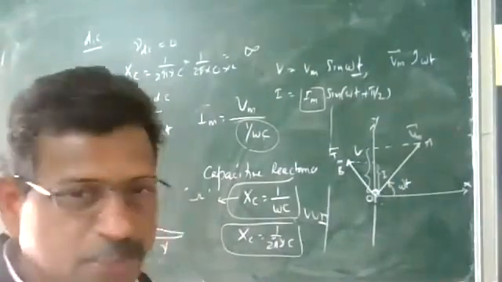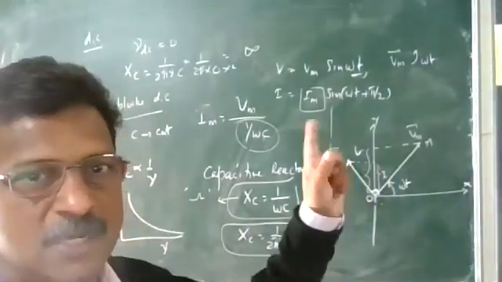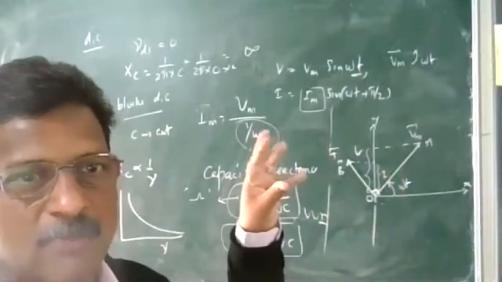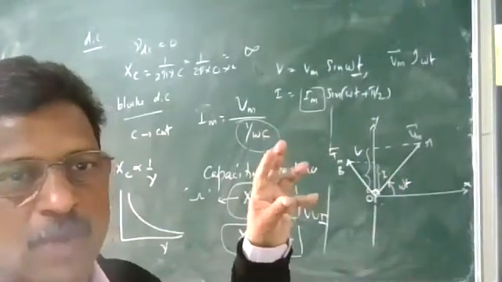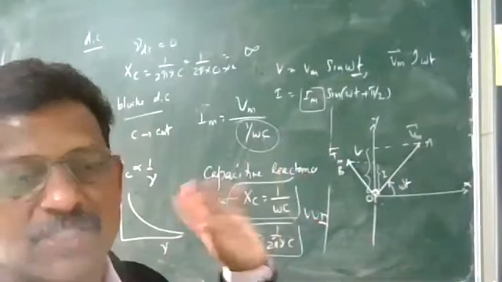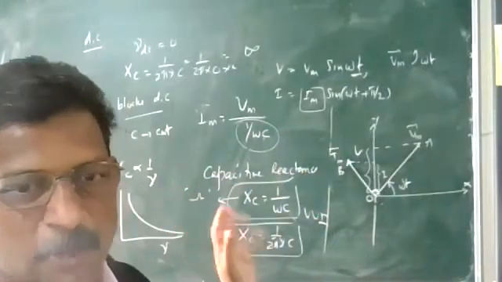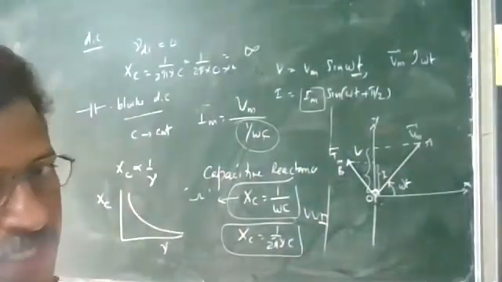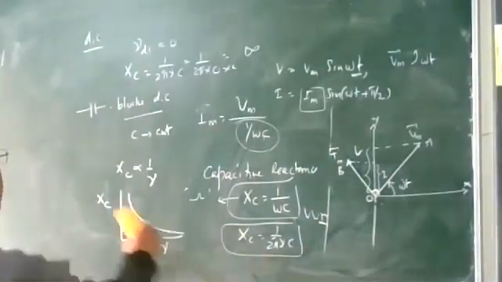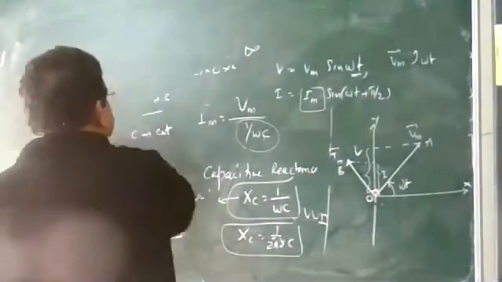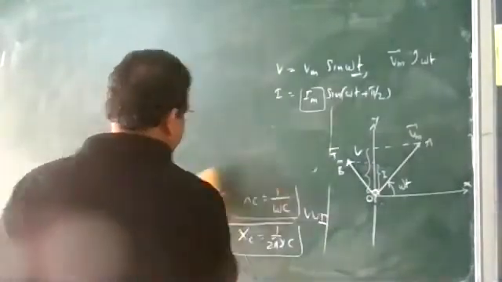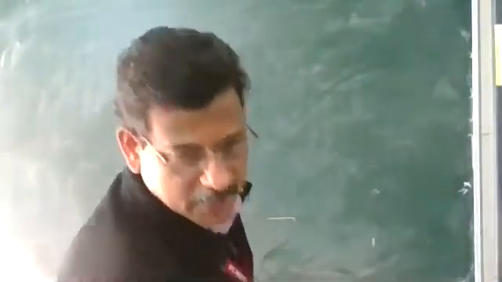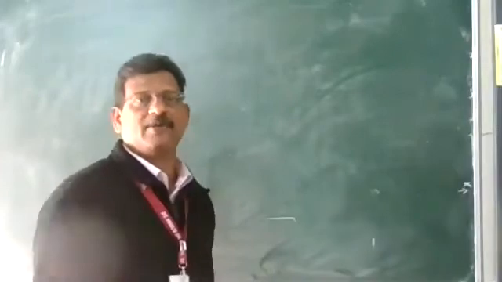Before that, some more points. In the basic circuits, resistor, inductor, and capacitor, I want to write the equation for the power delivered by these devices. What is the power consumed? You will see that separately, then we go to the LCR circuit. That is most important. So for the resistor, inductor, and capacitor, we have to find the instantaneous power delivered and the average power over a cycle.